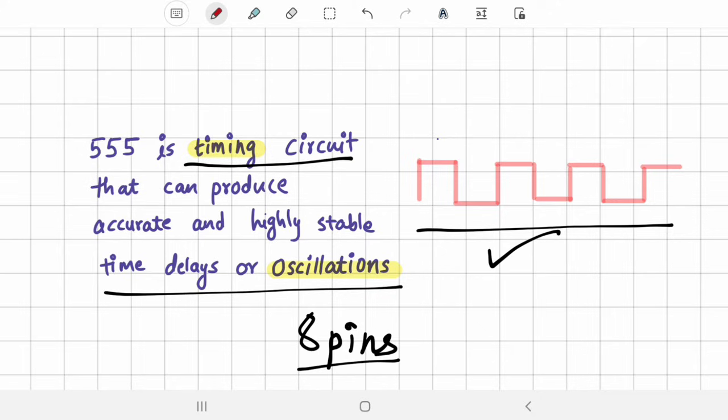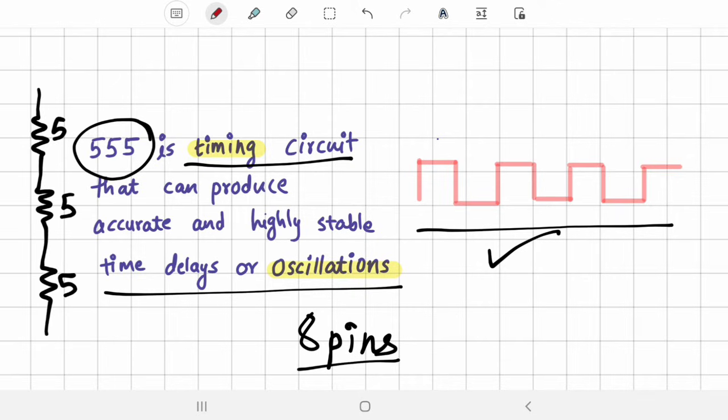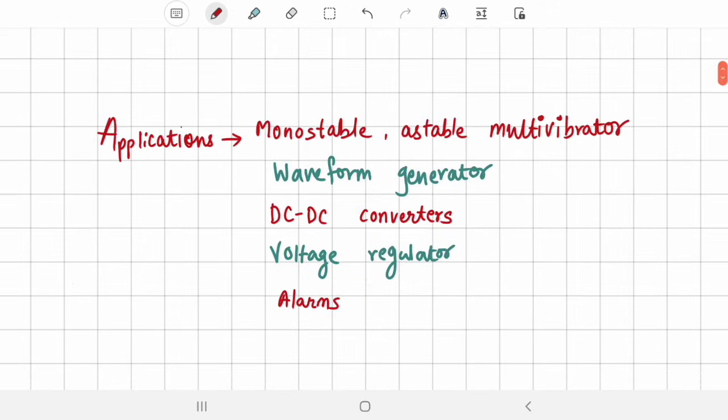So why is this IC called the 555 IC? In the block diagram of this IC, there are 3 resistors of 5K. That's why we call this IC the 555 timer IC. These resistors play a very significant role in the operation of the 555 IC. The applications of this IC: monostable and astable multivibrators, waveform generators, DC to DC converters, voltage regulators, and alarms. So wherever you want to produce oscillations with time delays and different pulse widths, there you can use this